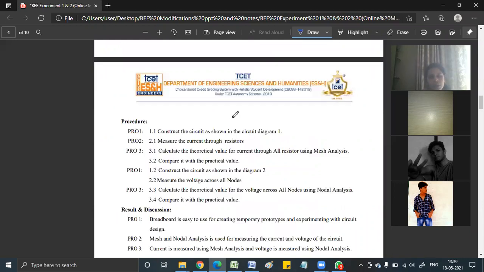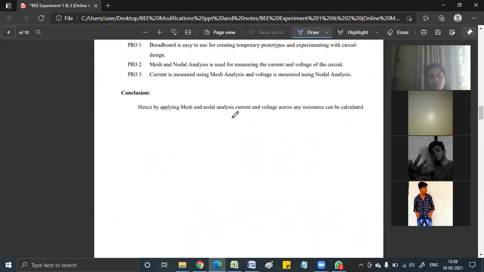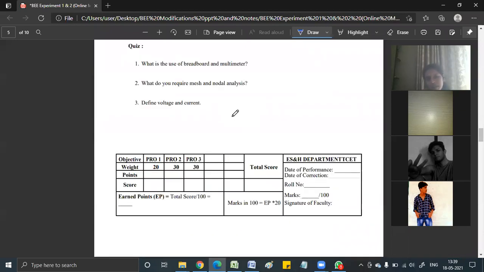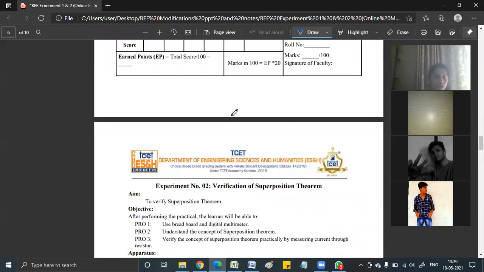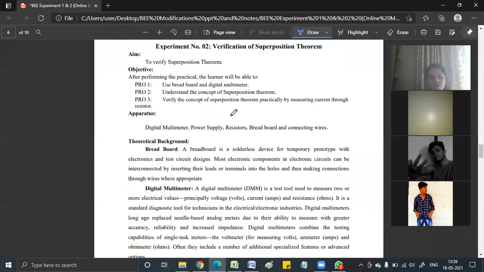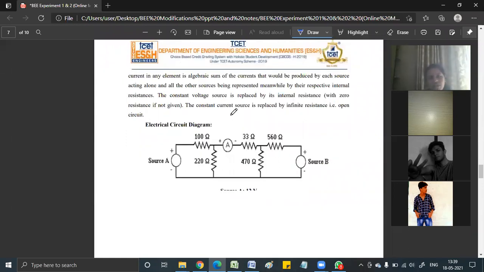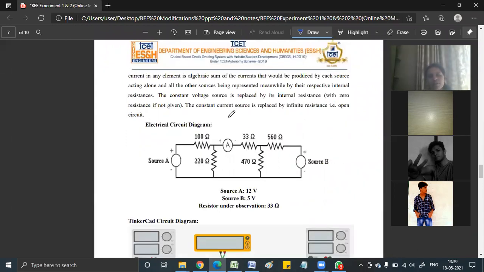And now what we'll be doing is we are going to start off with superposition. So in case of superposition, can you all tell me how does the circuit work and what are we required to find out in case of superposition? In case of superposition, we know that we are always asked to find what is the current flowing through a particular resistor, right? When each of the voltage sources are acting individually.